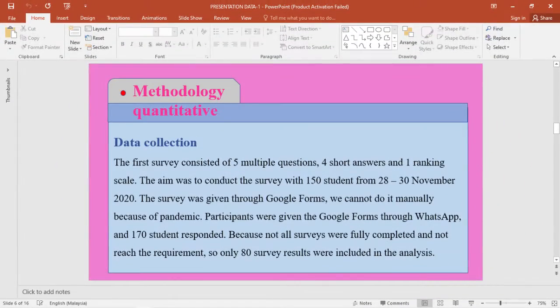The methodology for quantitative data. The survey consists of 5 multiple choice questions, 4 short answers, and 1 ranking scale. The aim was to conduct the survey with 150 students from 28 until 30 November. The survey was given through Google Forms. We could not do it manually because of the pandemic. Participants were given the Google Forms through WhatsApp, and 170 students responded. Because not all surveys were fully completed and did not reach the requirement, only 18 survey results were included in the